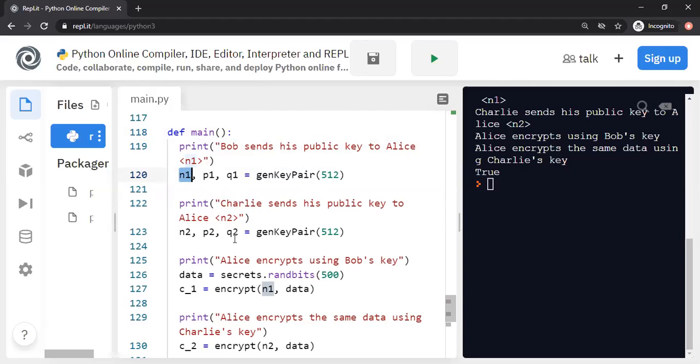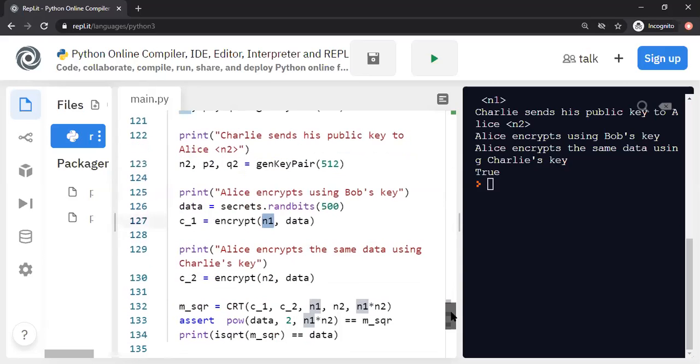Charlie does the same. He generates his private and public key pairs and sends N2 to Alice. Alice encrypts using Bob's public key, and that's the reason why you see N1. Let's say in this case we are generating a random 500-bit data